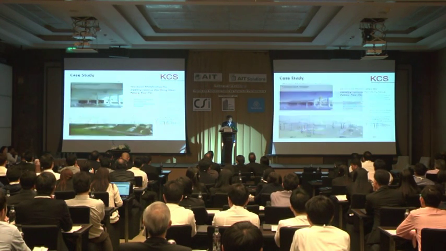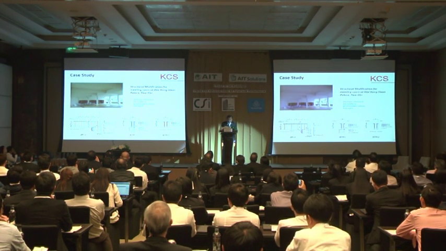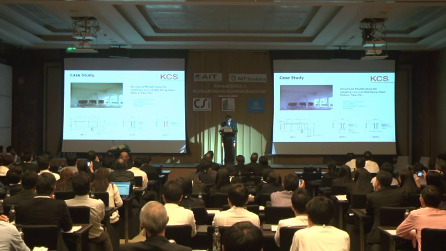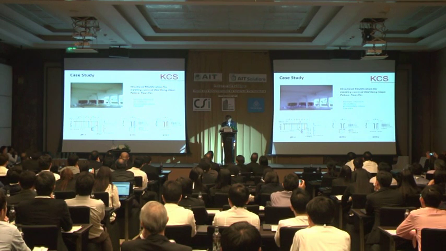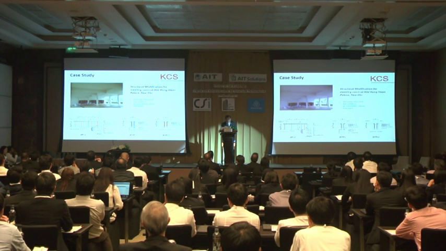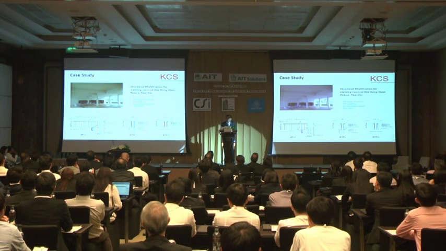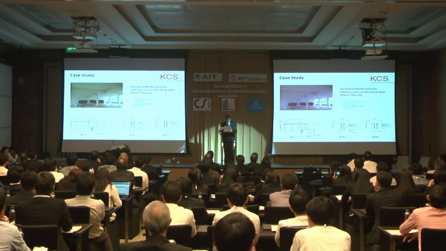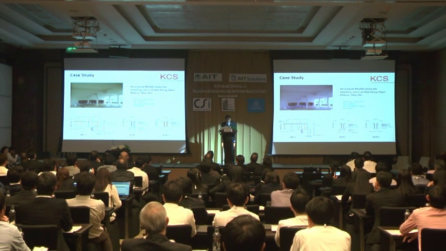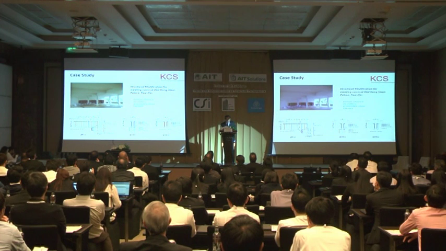The seventh example is the structural modification for a meeting room. The architect required that the central column be removed to accommodate a larger span and column-free space for the meeting room on the ground floor. Therefore, new transfer beams were installed to achieve the 16-meter long span instead of 8+8 meters, and also to support the existing floor above.